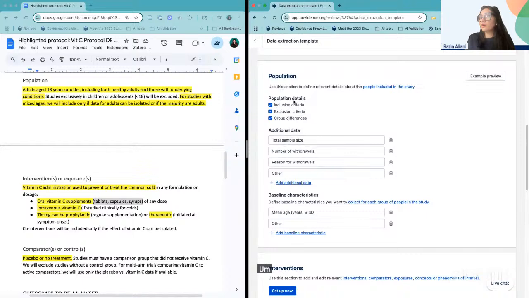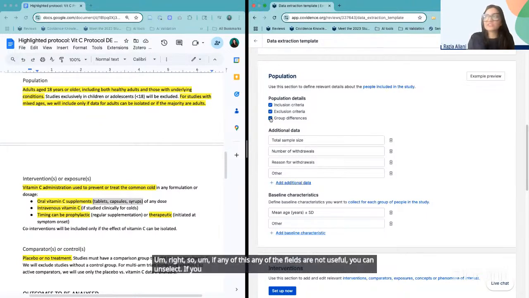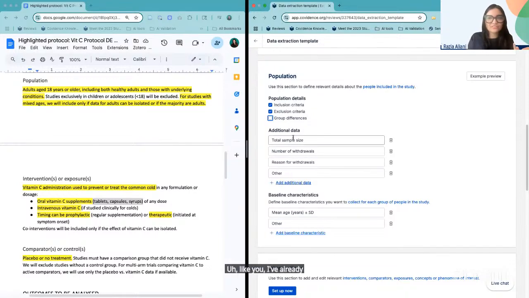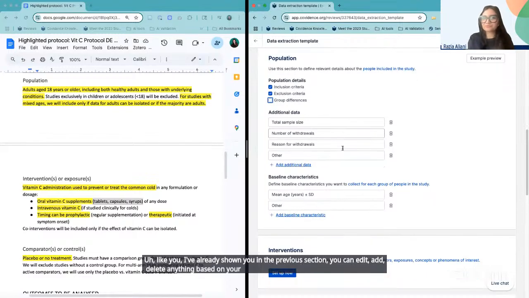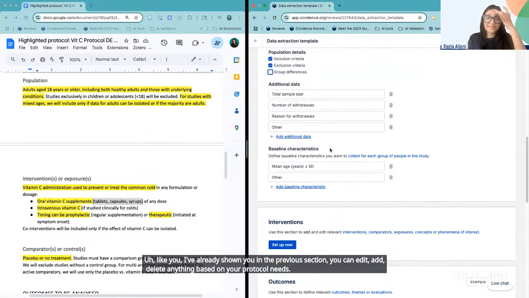Right, so if any of the fields are not useful, you can unselect. If you're not interested in group differences, you can unselect and it will not appear. Similarly, for any additional data, as I've already shown you in the previous section, you can edit, add, delete anything based on your protocol needs. For the baseline characteristics,